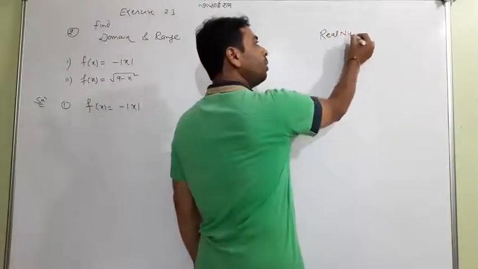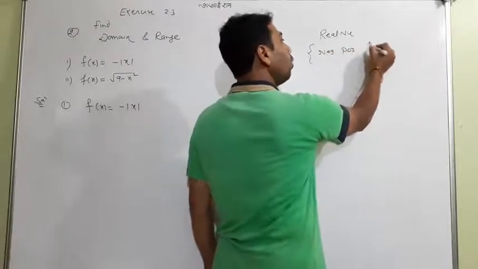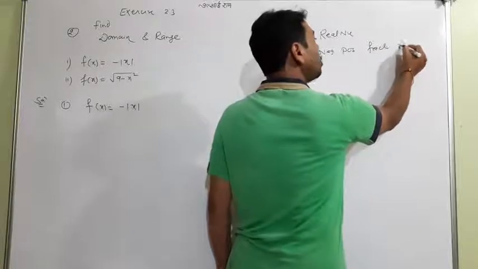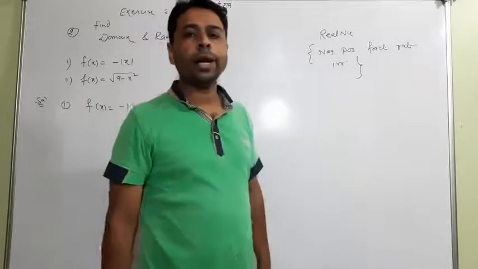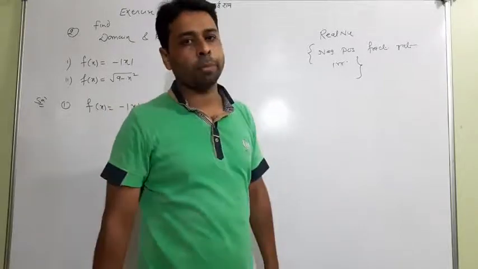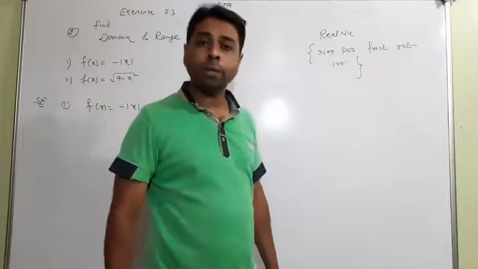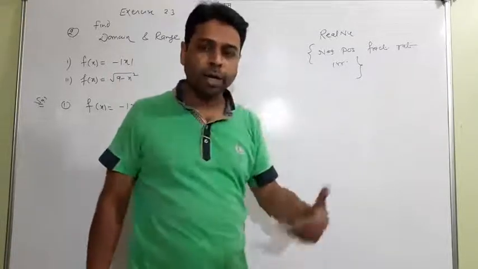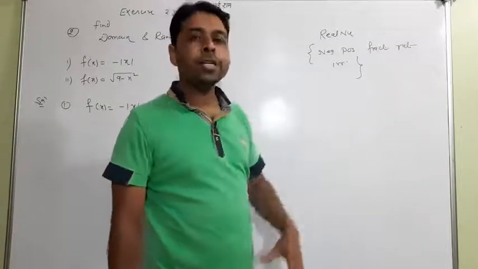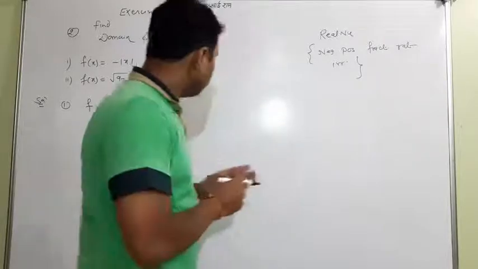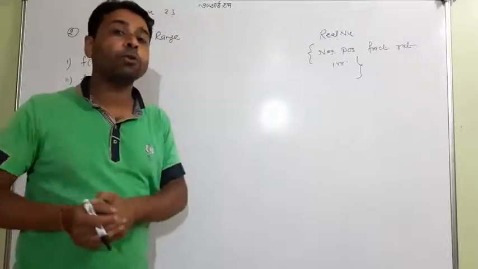What is a real number? You know that all negative values, all positive values, all fraction values, all rational values, all irrational values. This whole number set, those numbers which exist, are called real numbers. And definitely one more kind of number will be the imaginary number, which you have yet to study in the further chapter, complex numbers. Then I will teach you. But as a first idea, whenever you have to think about what x may be, you have to think of real numbers.